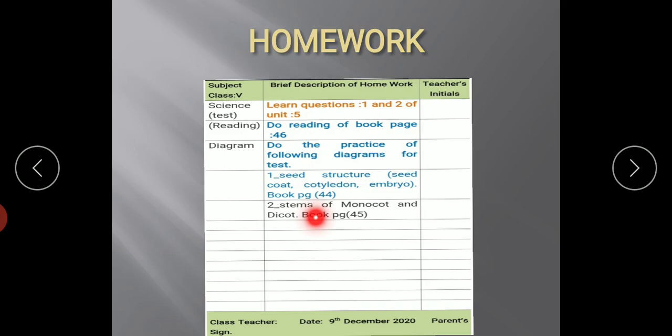The stem where the vascular system is scattered is monocot, and the stem where the vascular system is in ring form is the dicot. You can take help from page